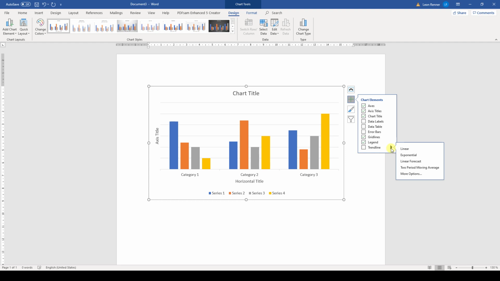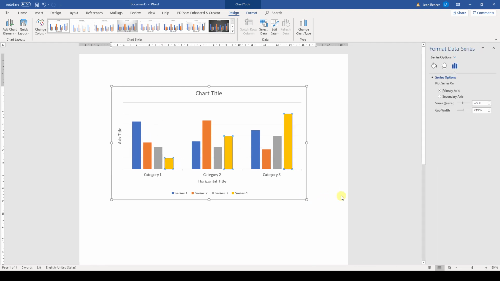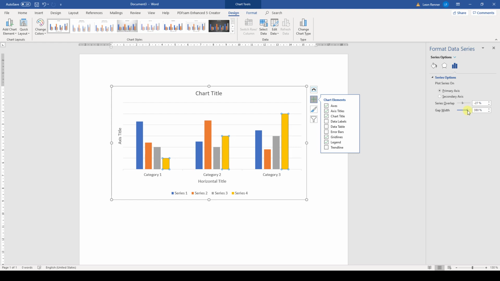The next layout option we can change is the width of the bars and the spacing between the sections. For that, we right-click on one bar and select Format Data Series. Then a sidebar menu will appear, and with the two sliders we can adjust the spacing. The slider labeled with Gap Width determines the space between the clusters. The other slider determines the spacing of the bars inside one section.